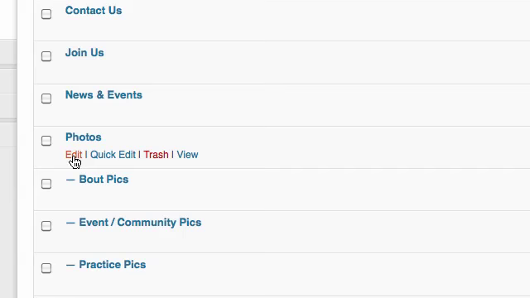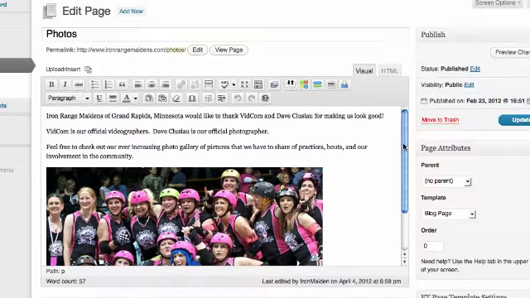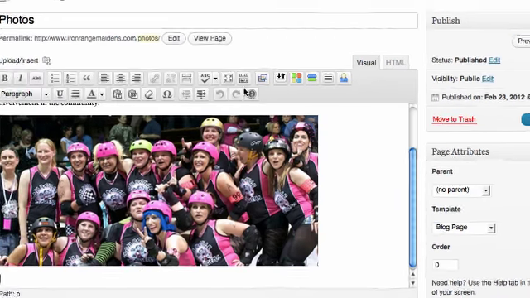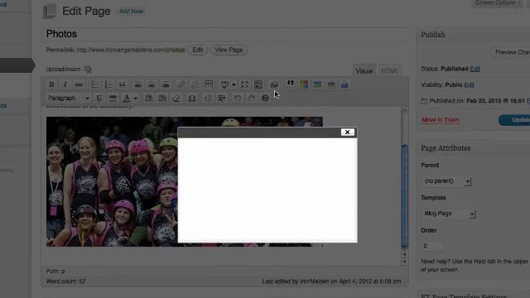And this will allow us to put that snippet of code right into this page to call up the gallery. I'm going to put my cursor right below my main image because I want my image thumbnails to populate down below. And to do this, I'm going to go to the kitchen sink, which is all these icons up here, and you'll see this icon is the Next Gen Gallery. And that's what we just uploaded our images into. I'm going to click on that icon,